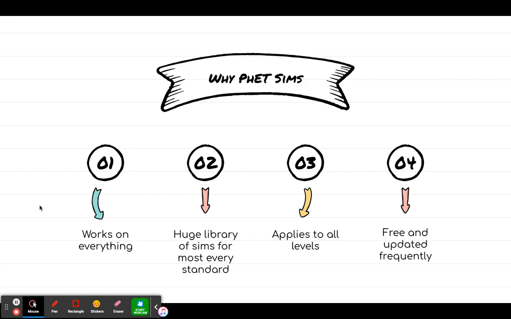So next, there's a huge library of Sims. Even the HTML5 stuff has really grown a lot in the past couple years as they've converted and recreated and retooled some of the things they originally had. It's great because it applies to all levels, from your kids who may be in a resource physical science class, where they just need that support, and they need to get the material in multiple ways to help them build that understanding,